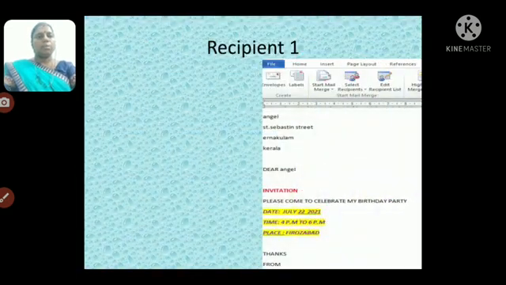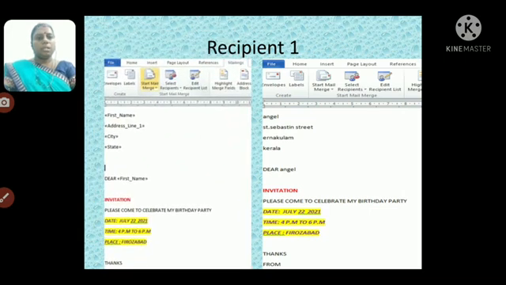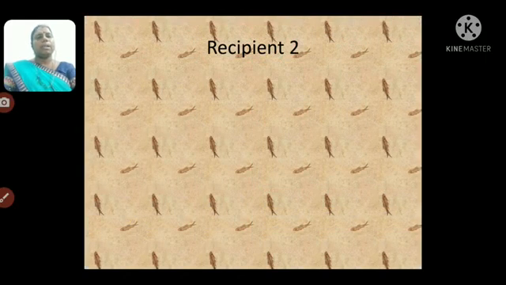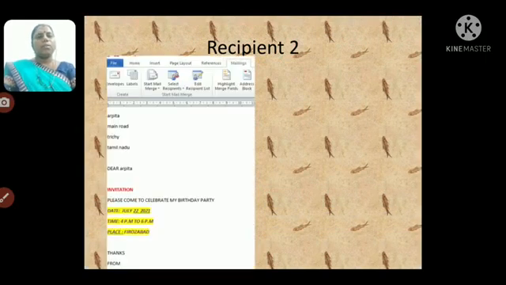And the print preview option. If you click, then you can see the recipient one. I have selected the recipient one, and you can see the name of the recipient and the address on the top. We have inserted file name, address, city, state, like that, and we get the list like this, the recipient list, which is given on the right side of the screen. Then if you click the next recipient, you will get another recipient, their address and the details.